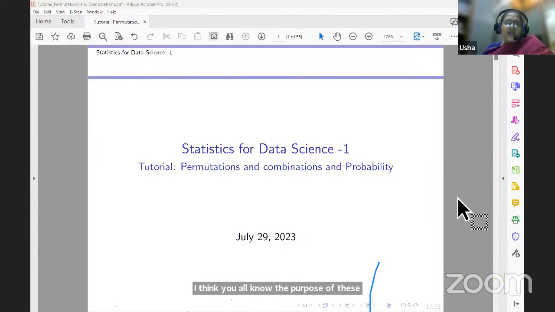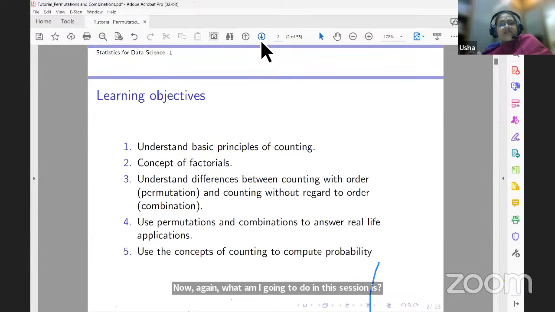Okay, so let's start. What am I going to do in this session? As I said, it's a revision session on permutations and combinations. The first thing is, why do we need permutation and combination at all? The whole purpose of learning permutation and combination is,